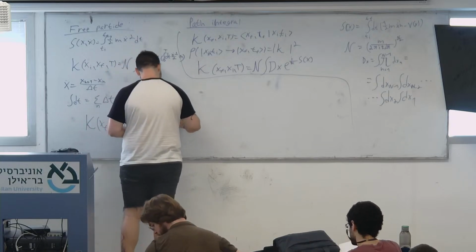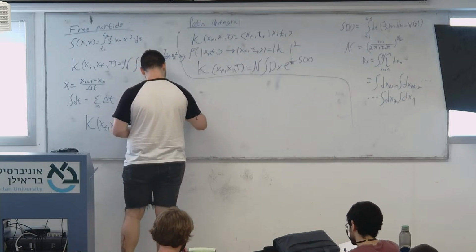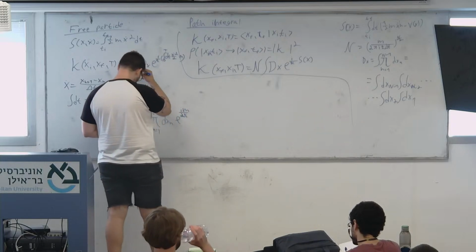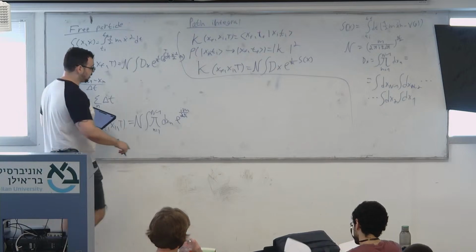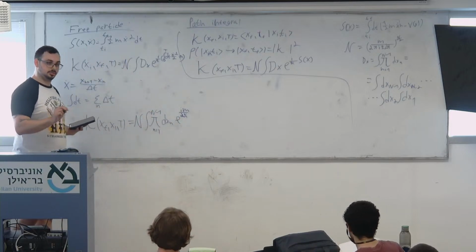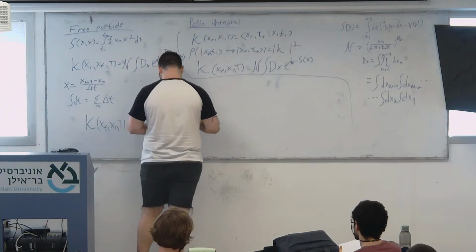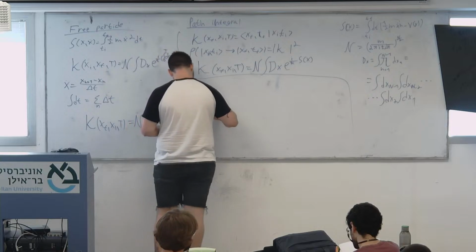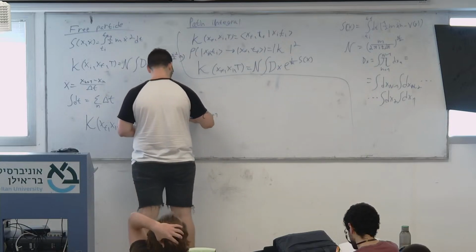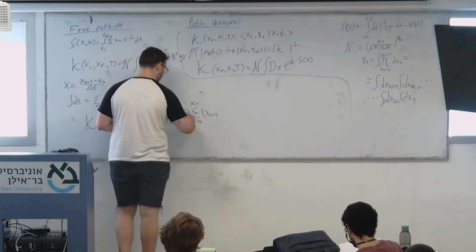dx_n e to the i m over h bar. Just, in the notes, there's a divided by delta x here. I'm pretty sure it shouldn't be there. Just watch out for it. I'm not going to write it because I don't think it should be there. Oh, actually, yes, it should be there. Sorry, because there's a square here, so there is a delta t in the denominator.